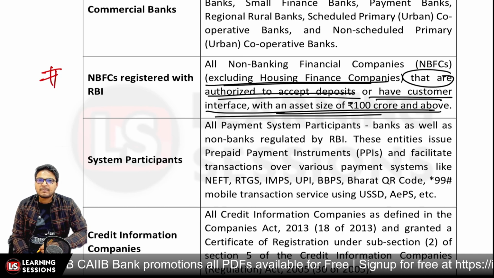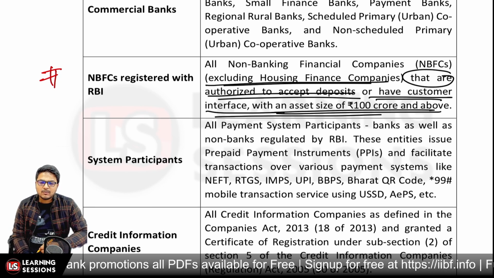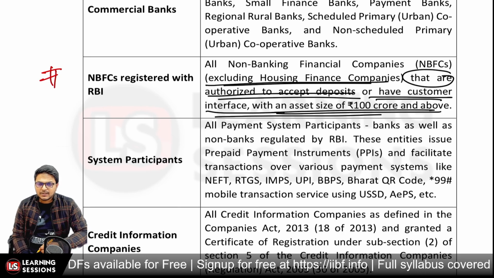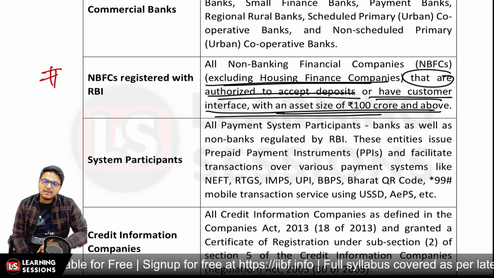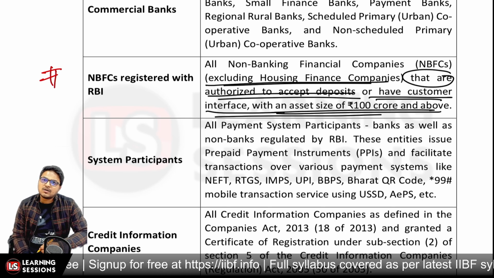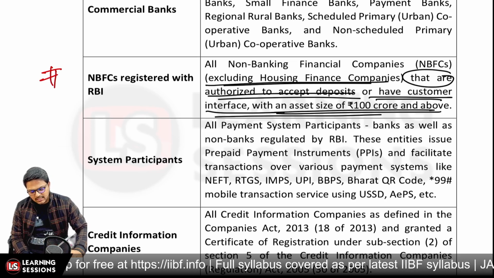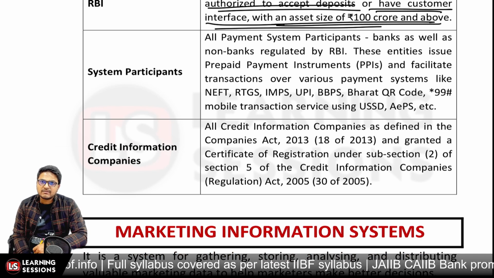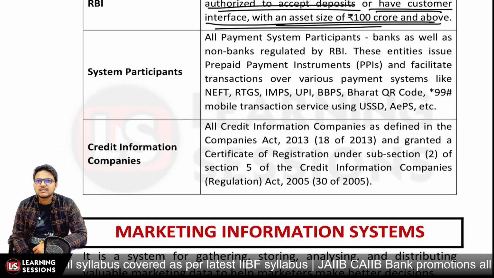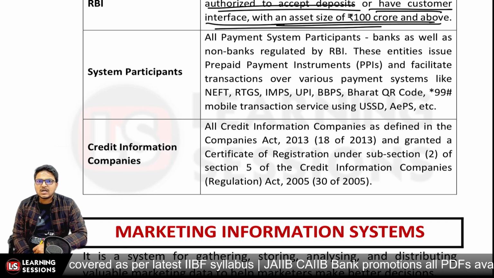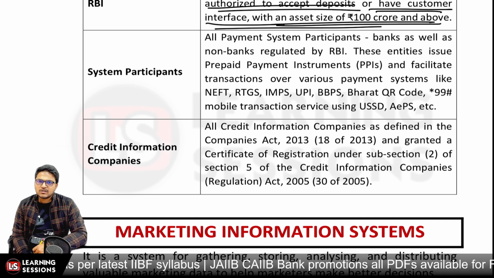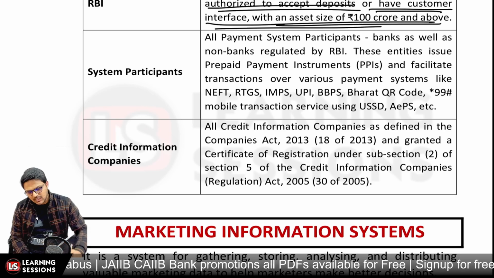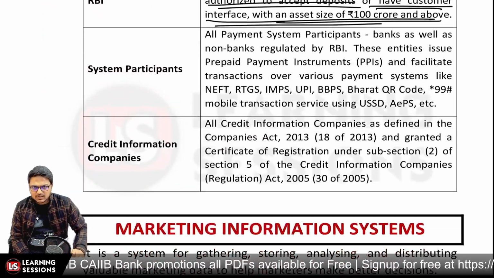And if we're talking about system participants, particularly the different digital payment systems under NPCI, or the different PPIs like wallets, those are all covered under the scheme. And if we talk about the CICs, like CIBIL, TransUnion, and Experian, those are also covered. It's mandatory for the CICs to take a registration certificate from the Reserve Bank of India. So that was all about this particular chapter.